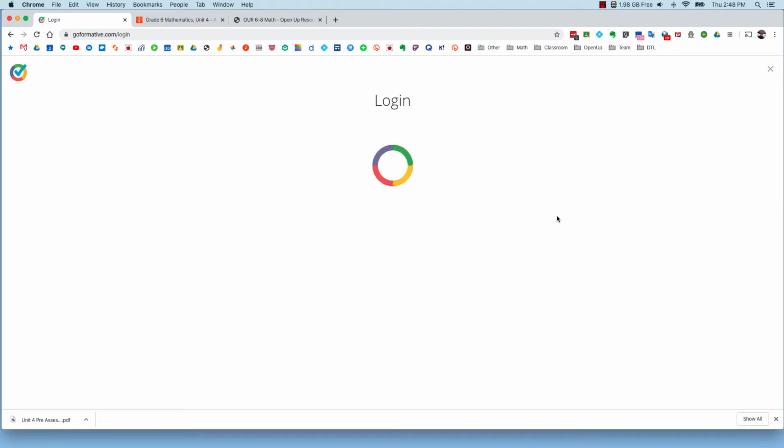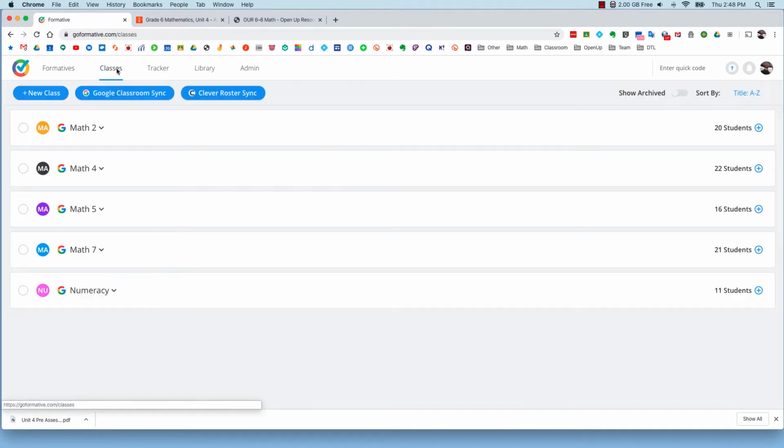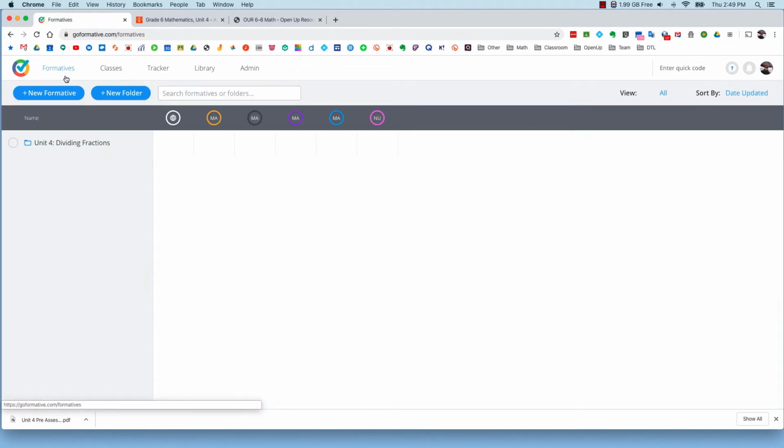And when I reach the main desktop of Formative, you're going to notice a couple of different features. One, you will see that there is a Classes tab, and by clicking on that Classes tab, you'll notice the ability to sync with all of your Google Classroom classes, and you'll see those listed right down here. If I go back to the Formative page,